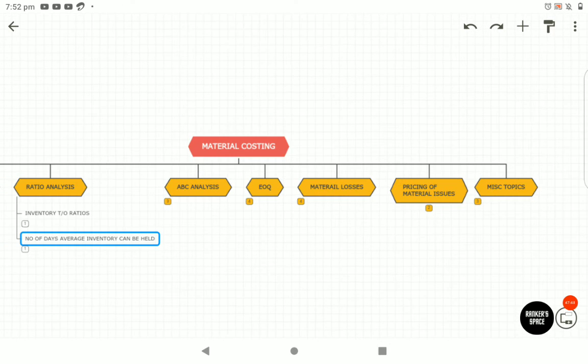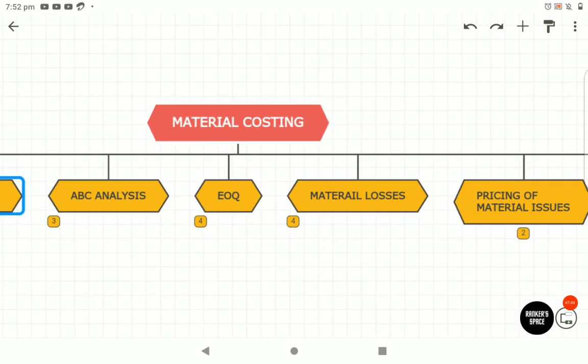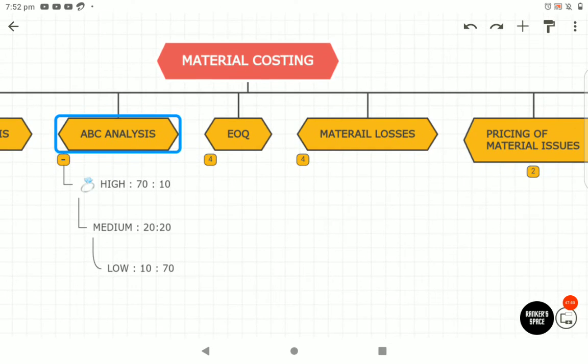Then the next concept is ABC analysis. I told, right, diamond, orange, that concept. High means high in value, low in quantity. Medium means equal. Quantity and value will be more or less equal. Then the next one is low, very very low. Low in the sense, oranges: one orange you won't buy, you will buy 10 to 20 oranges. So quantity will be more, value will be less. That is what ABC analysis is.